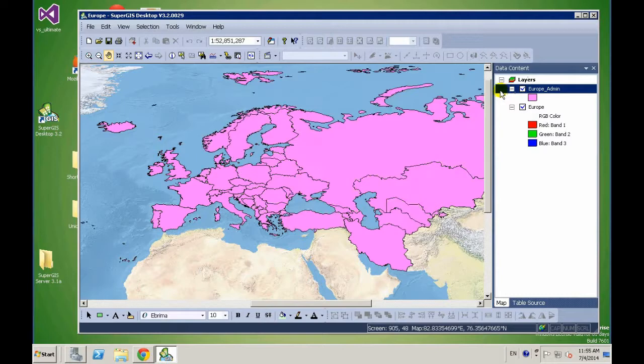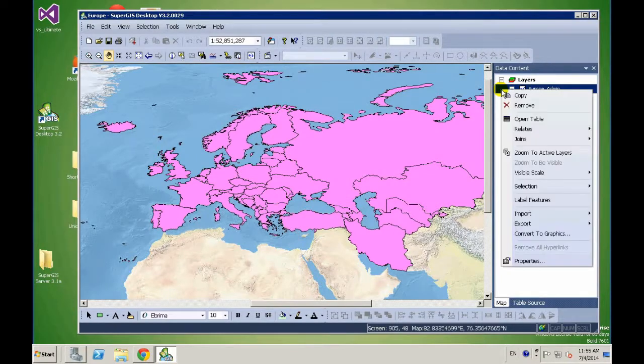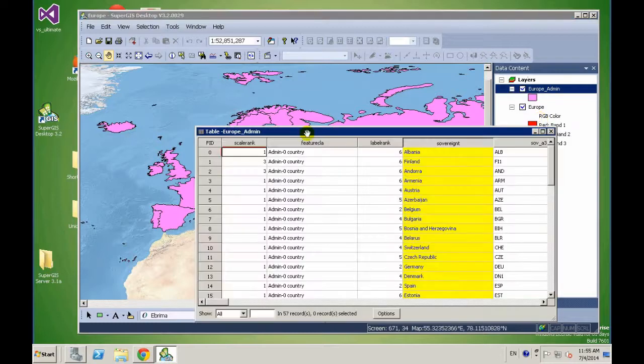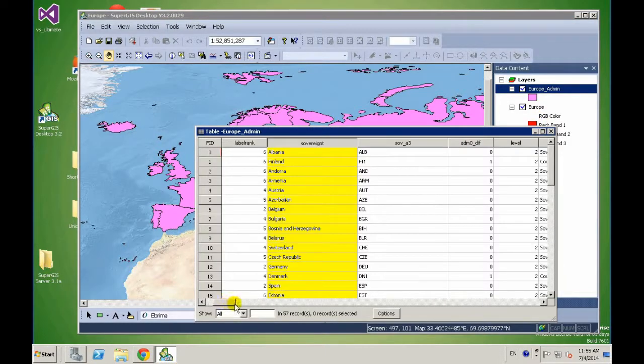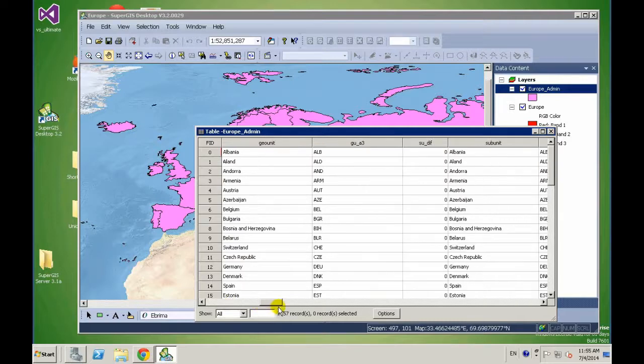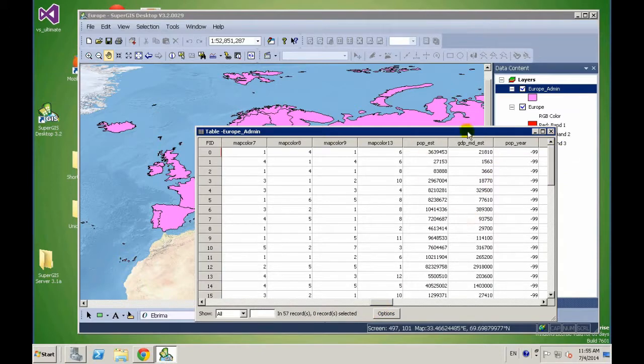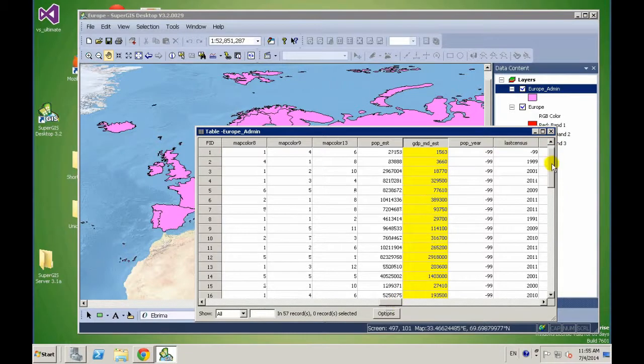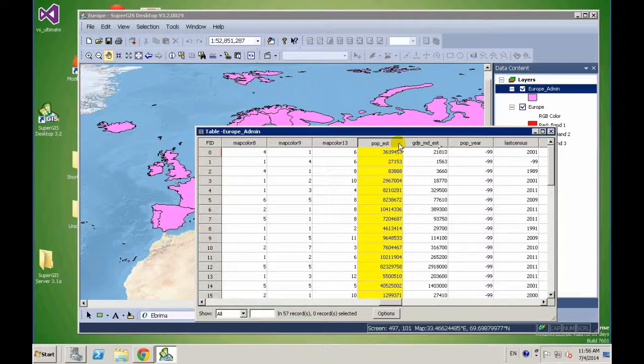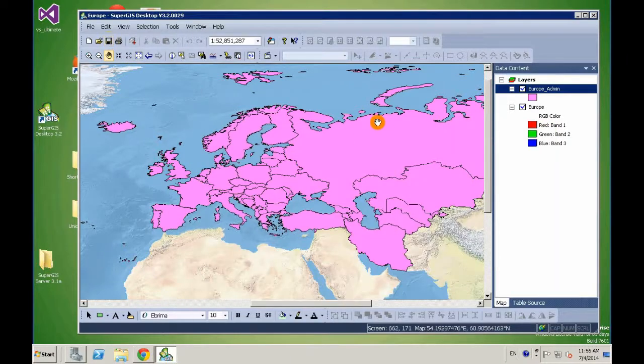We would like to set up the graduated color according to a field, so we can directly open the table to check. In this example, we would like to use the GDP field, here, this one. We can use the graduated color to display the population or the GDP. All are fine. It depends on which field you would like to use. So just check the field name first, and then save the map